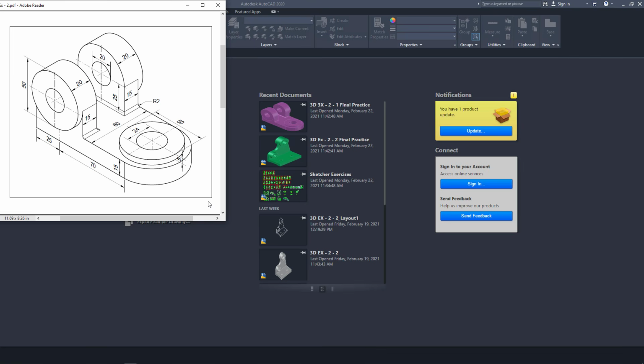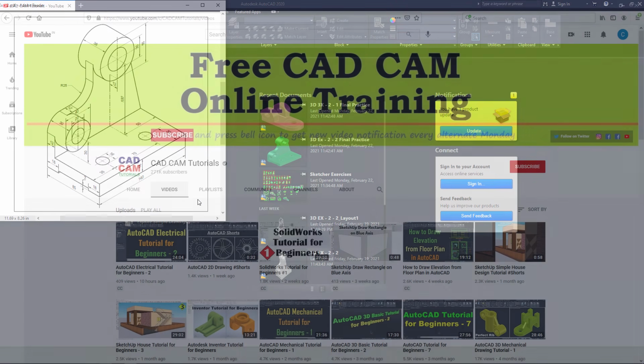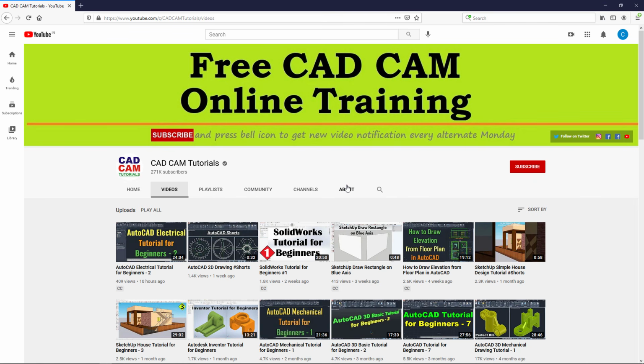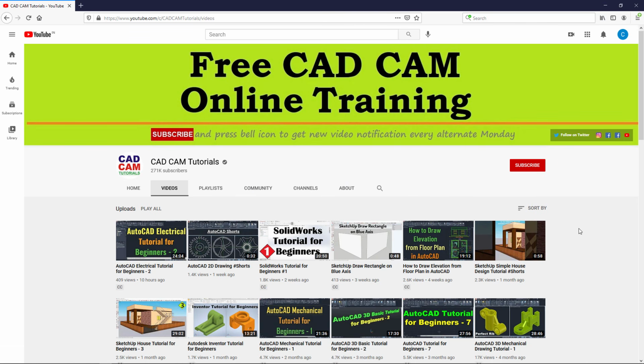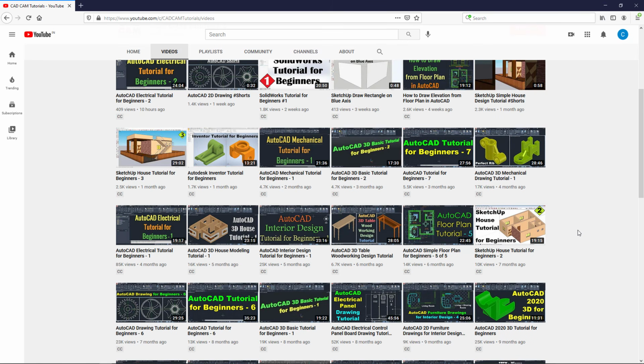This tutorial is of two parts. In the first part I will create this object, and in the second part I will create this object. This tutorial is a part of a tutorial series in which we are going to learn AutoCAD 2020 3D from basic